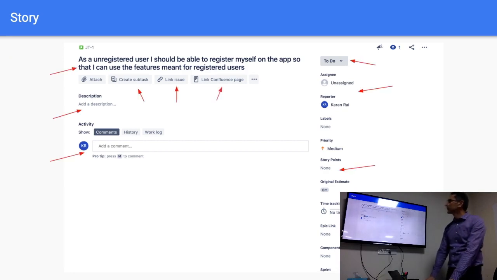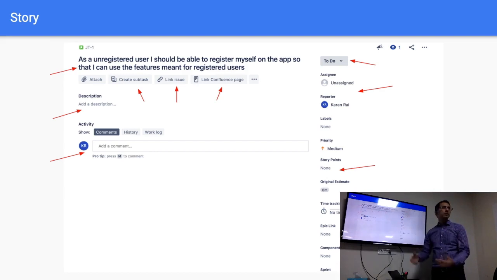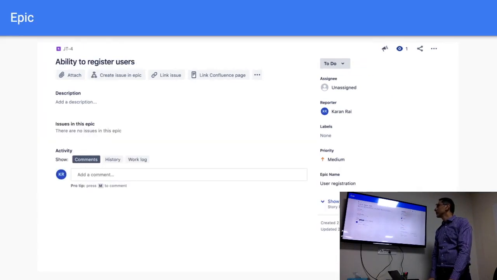So yeah, that was the last slide we were at. Link the Confluence page, that's something you should ideally do for an epic, maybe for a story if required. This is an epic. This is how an epic looks. So effectively in Jira, an epic is also a story type. It's an issue type, right? It just has special